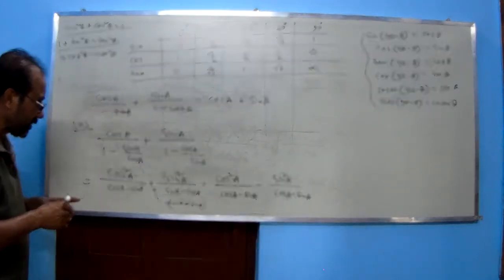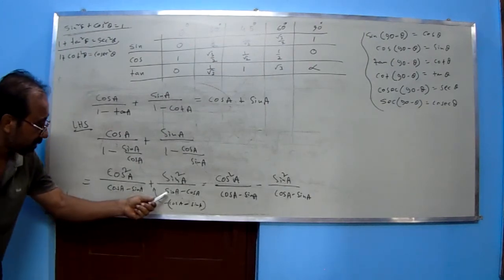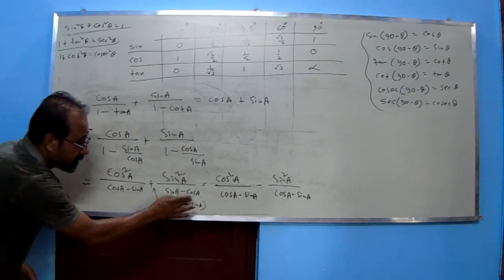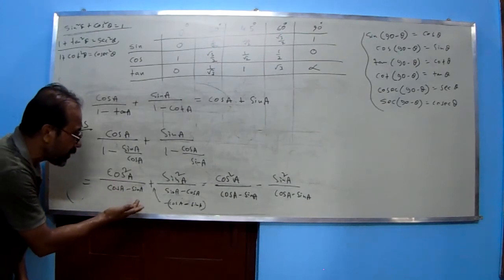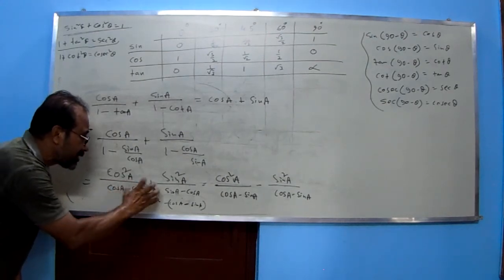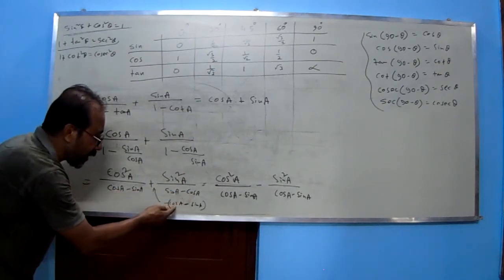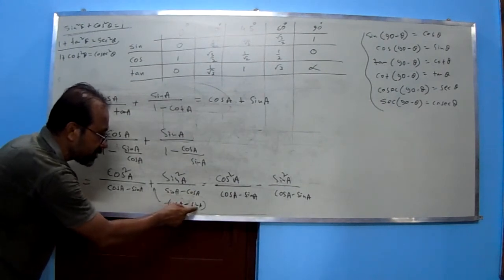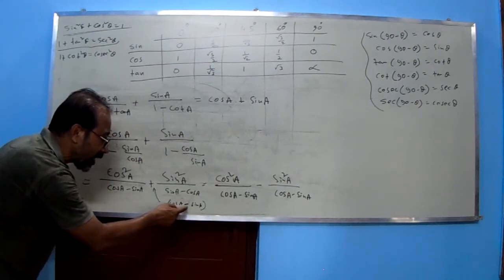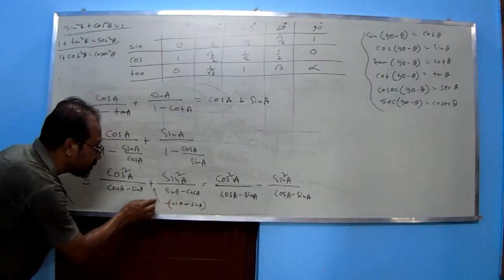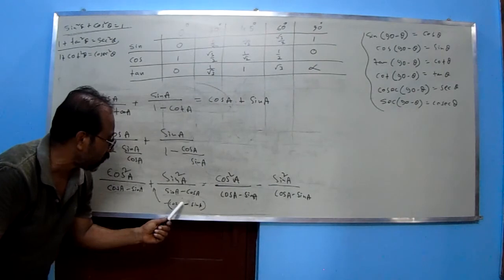Why am I doing this? This denominator is cos A minus sin A, and here the denominator is sin A minus cos A, meaning this portion is just the reverse of this. So what am I doing? I am doing that to get the LCM of cos A minus sin A. I wrote minus cos A first and plus sin A second. Now minus has been taken common, so between them plus is changed to minus. This minus jumps over here. You check it out. This minus jumps here and cos A minus sin A.